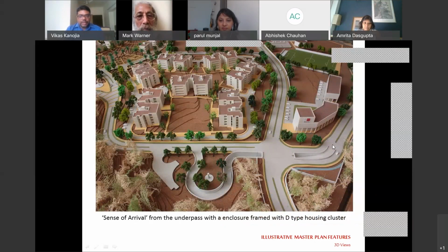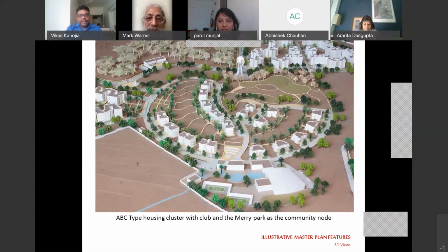As I was talking about the underpass, we worked out the gradients, and it came out like that. And when you enter into the colony area, this was the first thing that you will see. So we reduced the mass here, created an enclosure through buildings, to give a sense of arrival into the colony. So that was the idea, to open up a large courtyard as you enter into the colony area. That's another,